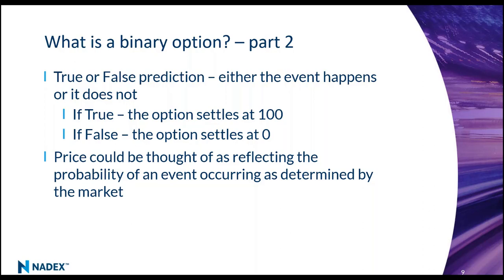Let's just use this as an example. If the euro US dollar were trading right at 1.20 or very close to it, and the question was, will the euro be greater than 1.20 in the next 5 minutes? At that moment in time, there's going to be roughly a 50-50 chance that it will be true or false, because it could go up and settle higher, or it could go down and settle lower. At that point, since there's a 50% chance it'll be true, the binary option will be trading around 50.